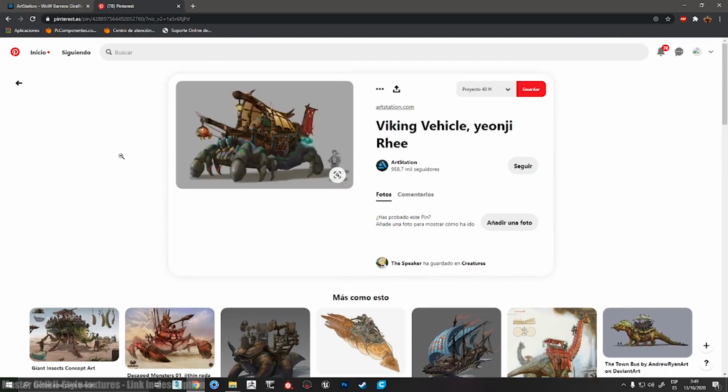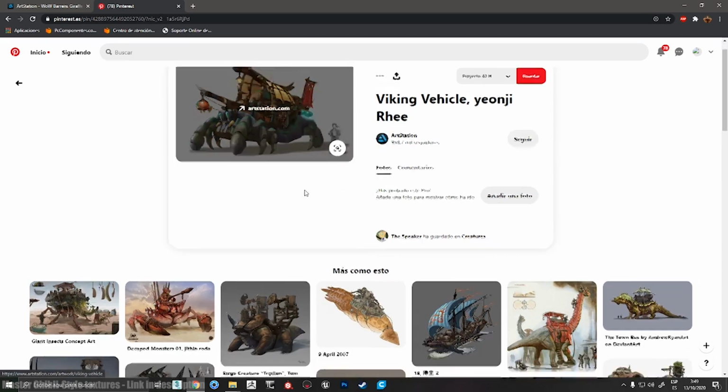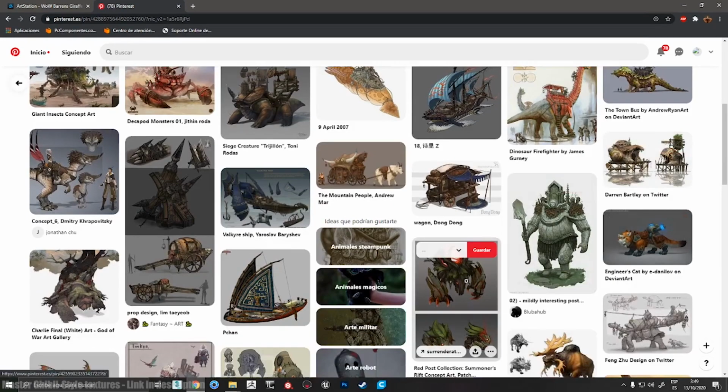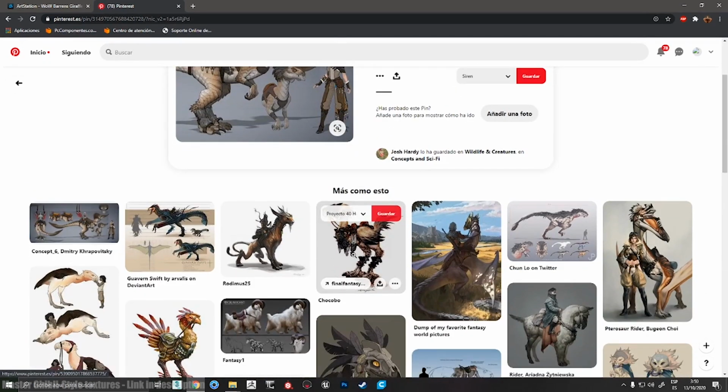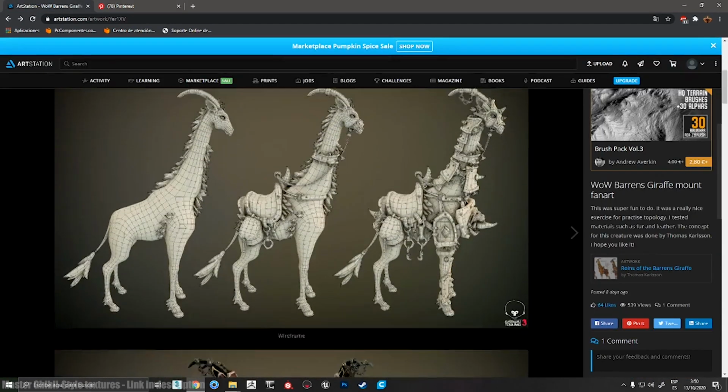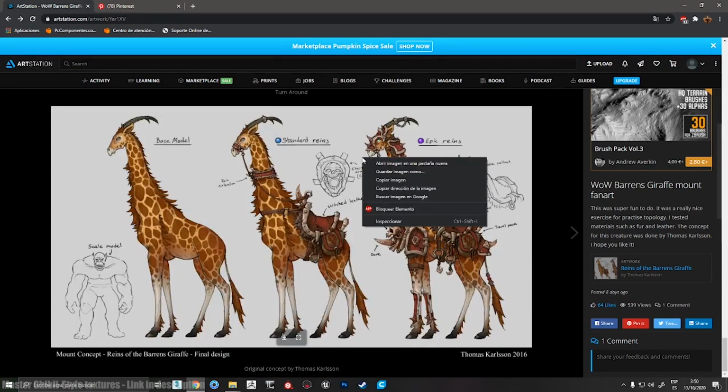I knew I wanted to do a creature with some kind of armor, like a Blizzard mount, something like that. So I searched for a lot of creatures like this, and I finally decided to do this one